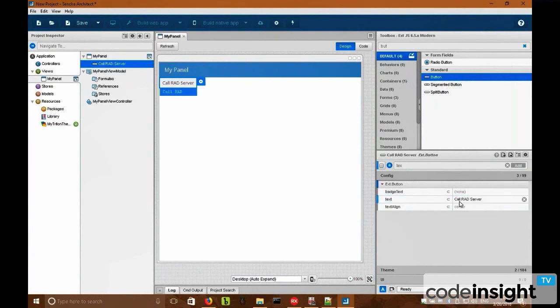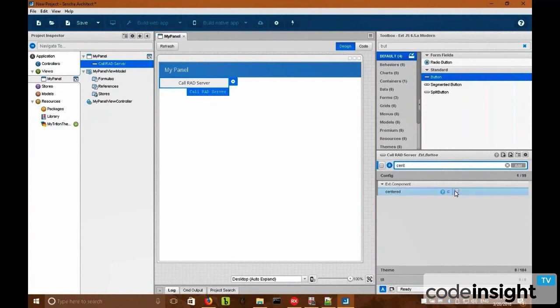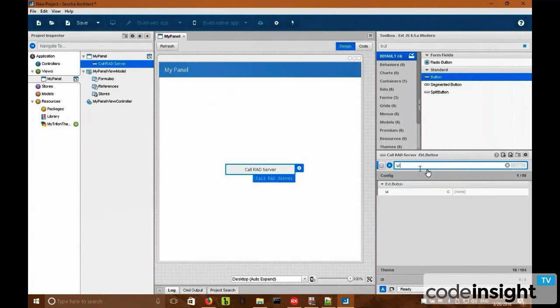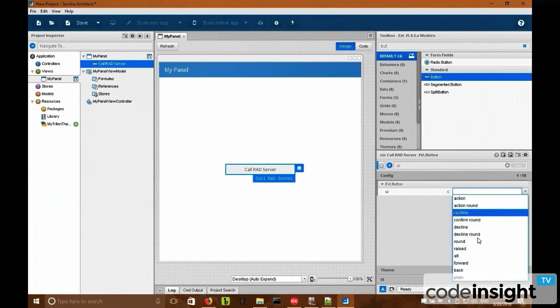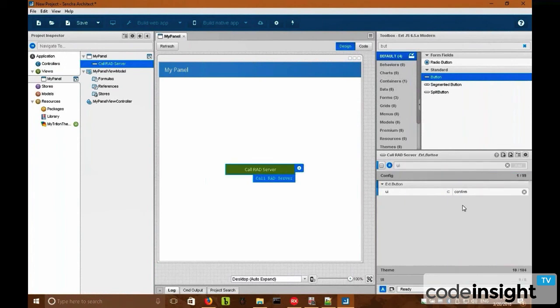Let's also change here the width. And so let's put this button on the center. And also adjust the Y property. So this Y property allows you to choose between some predefined styles that are part of this theme you are